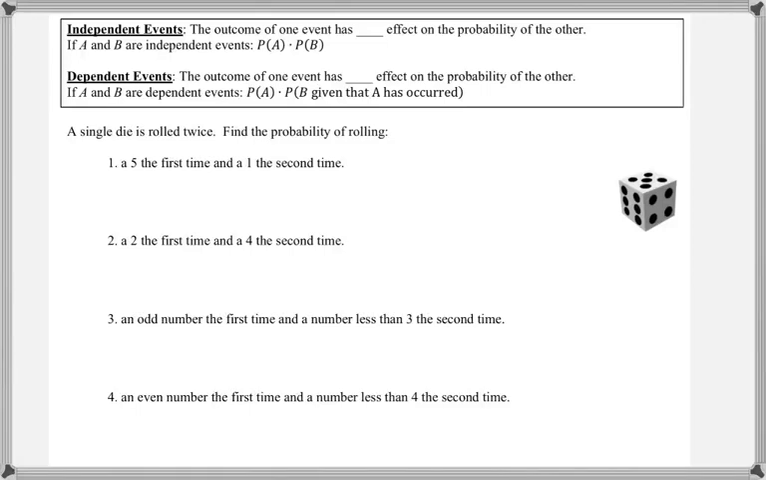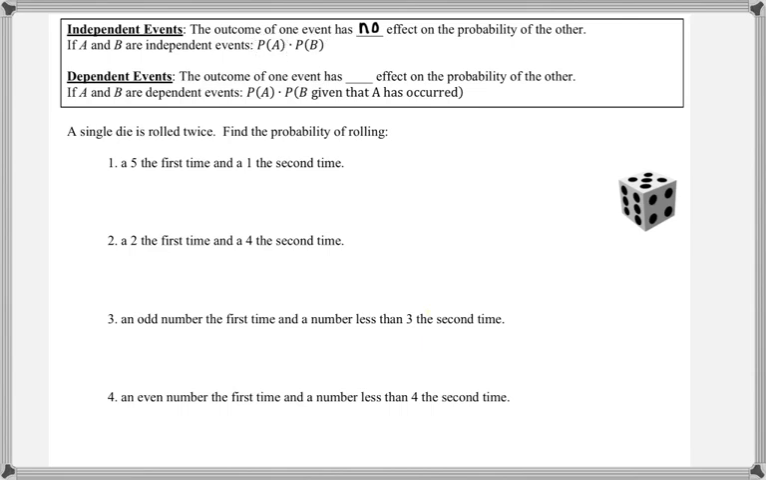This section is on independent events versus dependent events. For independent events, the outcome of one event has no effect on the probability of the other. So if A and B are independent events, we take the probability that A happens and multiply it by the